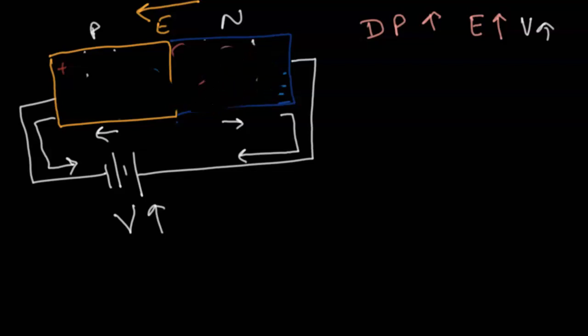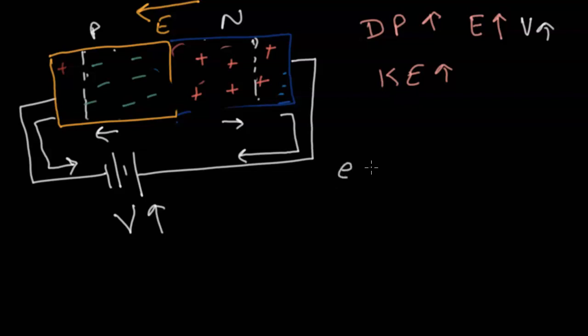Let's pick up some other color. So we have this as our minority charge carriers. This is not a lot in concentration, but we have some minority charge carriers. As we keep on increasing the voltage, the kinetic energy of these electrons, these minority charge carriers, increases. Because the depletion region has increased, the minority charge carriers now have more place to move about. So the kinetic energy increases.